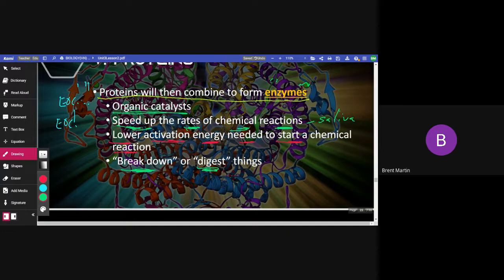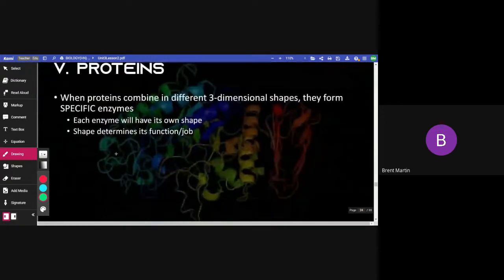So what breaks down a protein to an amino acid? An enzyme. What breaks down a polysaccharide to a monosaccharide? An enzyme. Right? The same enzyme. Matter of fact, it's kind of funny. The enzyme in your mouth is what breaks down starches. Enzymes in your stomach are what break down proteins. Big difference in these proteins.